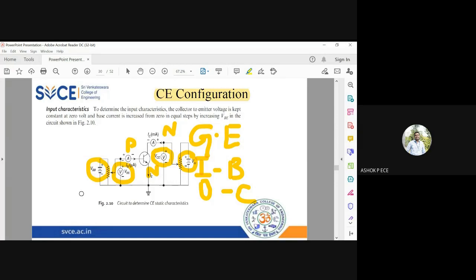See, that is how the diagram is drawn. You follow all these steps, whatever I told you; you need not memorize anything by heart. You can remember it till your 8th semester. Anybody having doubt on how to draw this diagram? You can ask, I'll explain it again if you want. Otherwise, I'll go to the input characteristics.